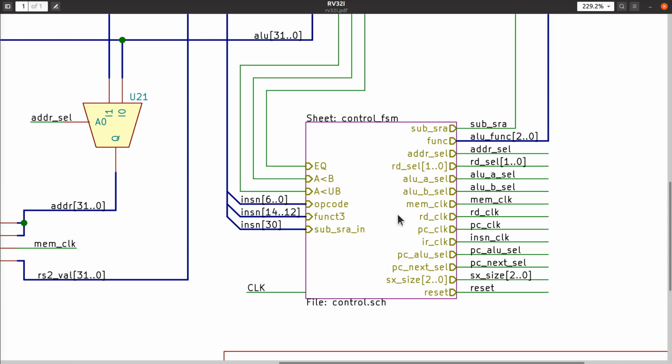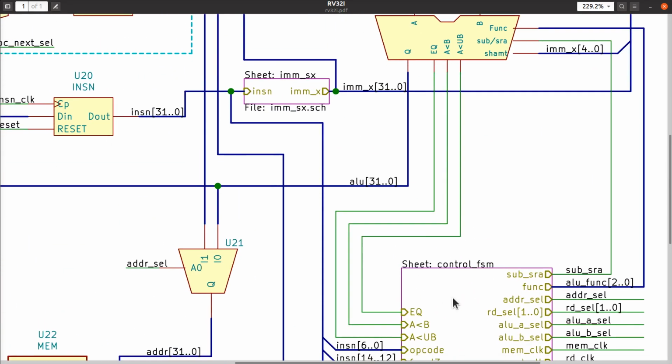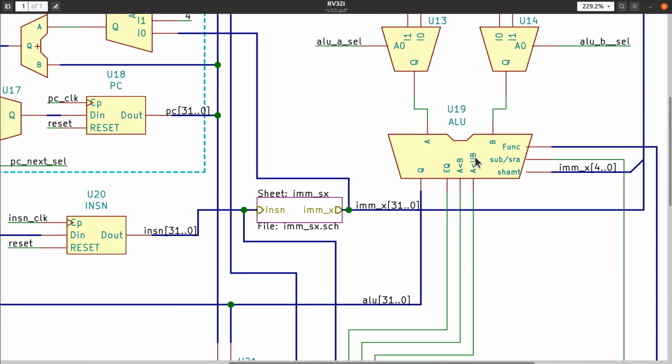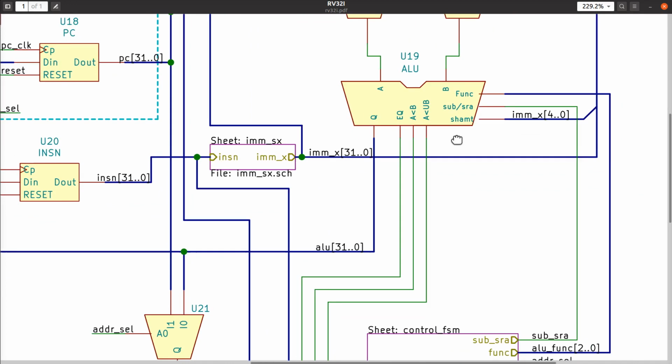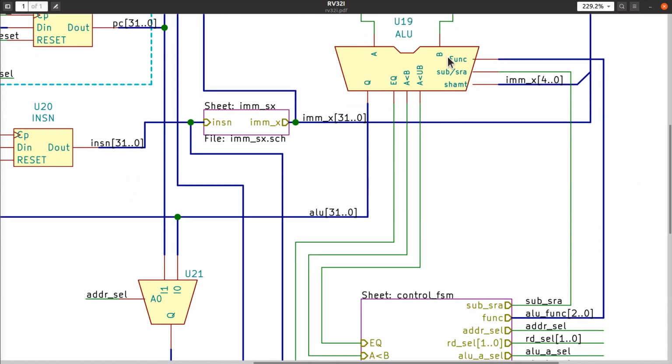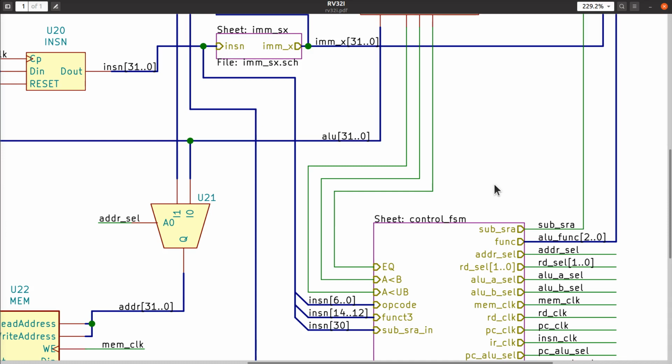Same with the func3. Sometimes the finite state machine down here needs to manipulate the ALU in ways that are independent of the way that the current instruction might be encoded. Otherwise, that's why we don't just take this func and connect it directly to func3. And that's why we don't take the sub and SRA field and just directly connect it to bit number 30 of the instruction over here, okay? We don't do that because sometimes we need to use the ALU for reasons other than what is immediately apparent